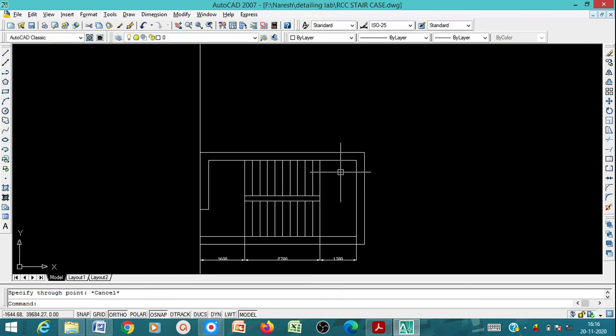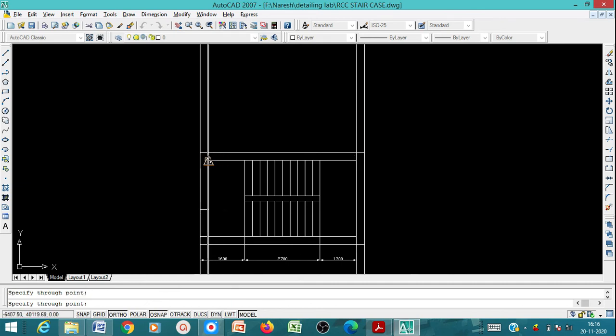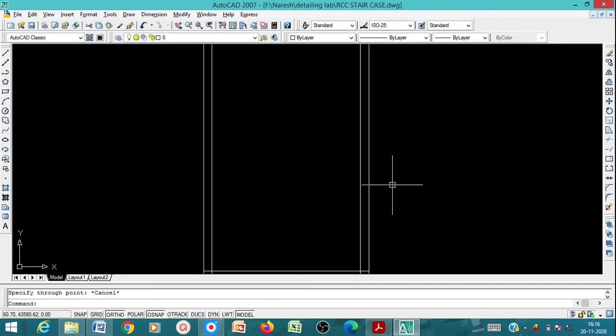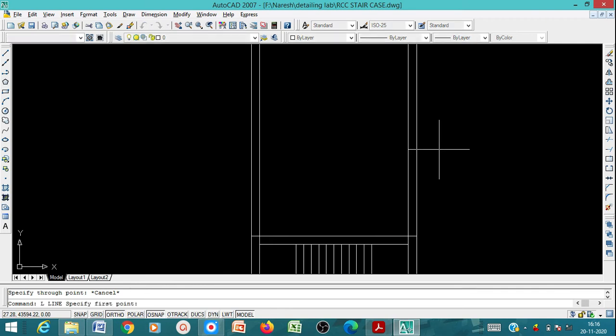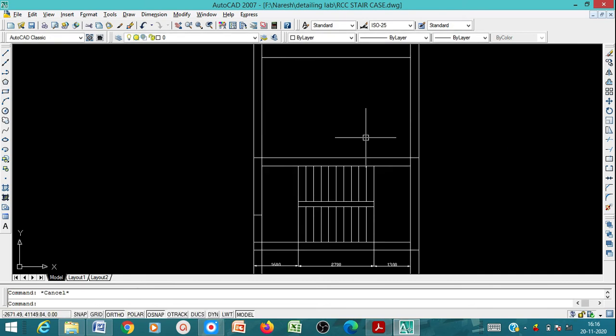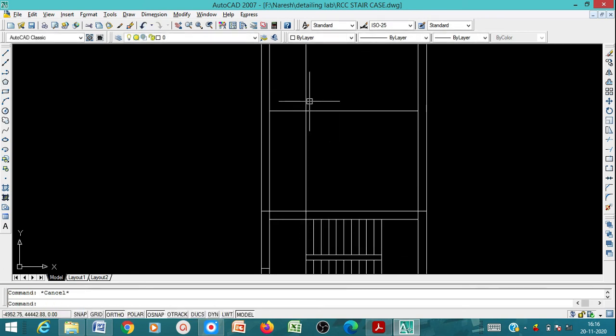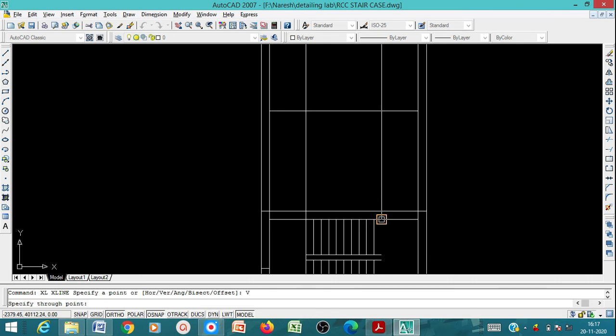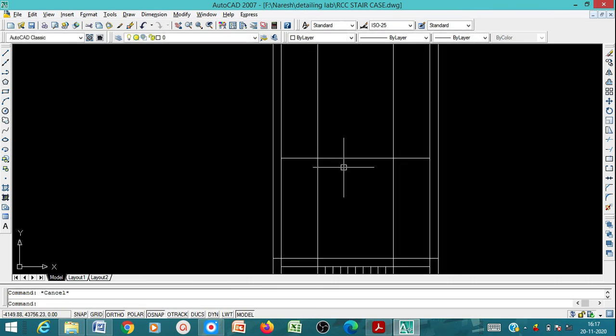Then again construction line, we enter here, here, and here. For the extension it is very easy. So we have the baseline, then again the construction line, vertical, like this, up to this, and one more at the end. Now we'll start with this.